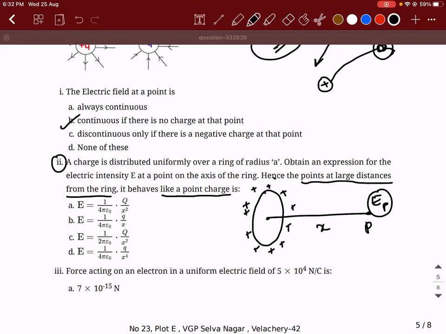Means instead of taking this as a ring, if you take it as a point charge, what is the electric field due to a point charge at a distance x from it? This is a very simple question. What is the electric field due to a point charge at a distance x from it? Q divided by